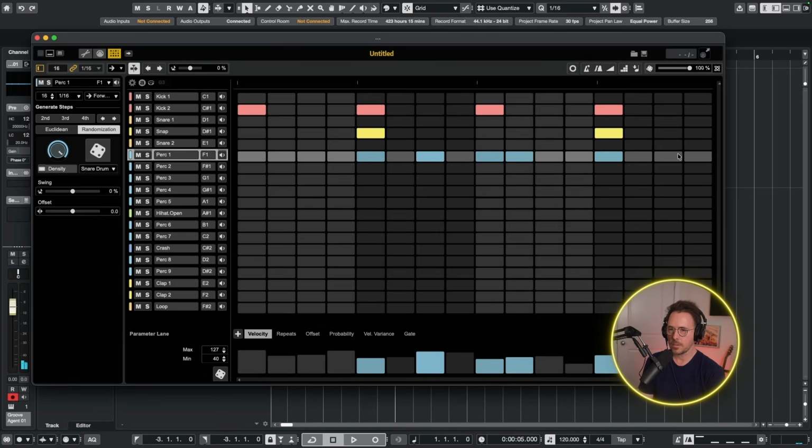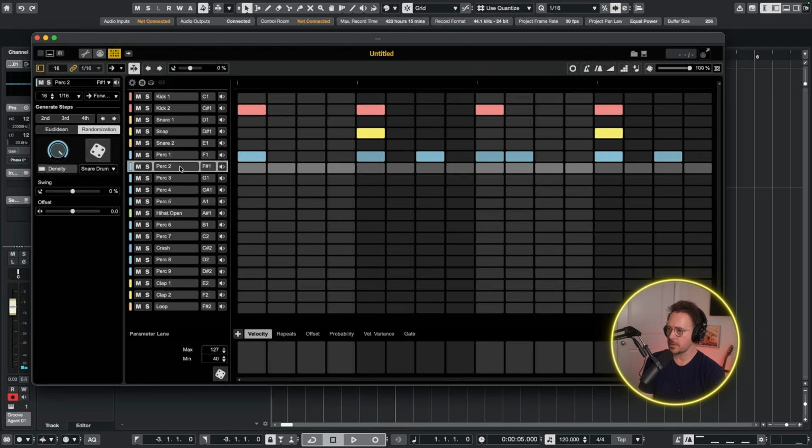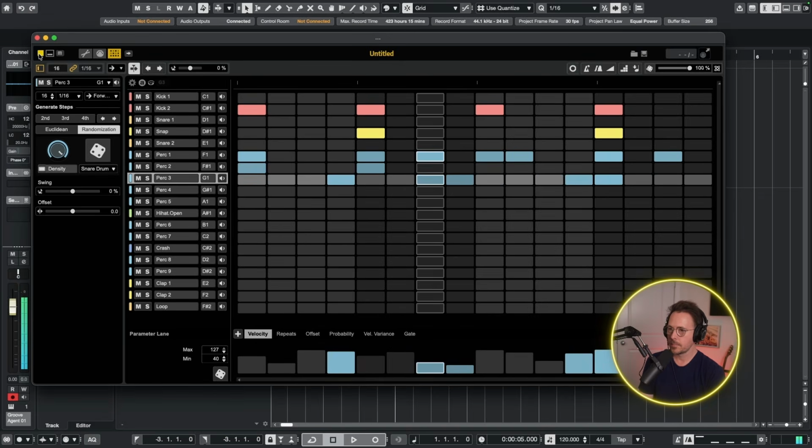Let's add a few more just for fun. And I'll do the same thing for perk number 2 and 3. Let's just add some random values. What do we got here? Nice. So another thing that's really fun is that we have other parameters here that we can control other than